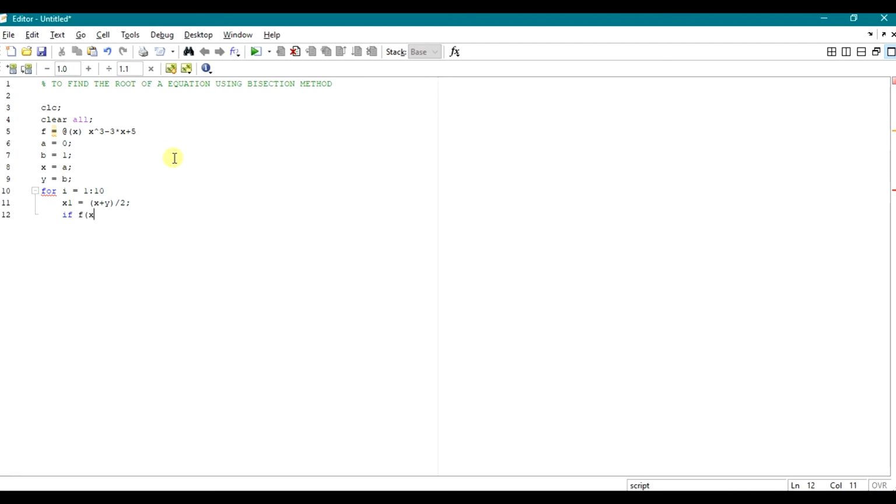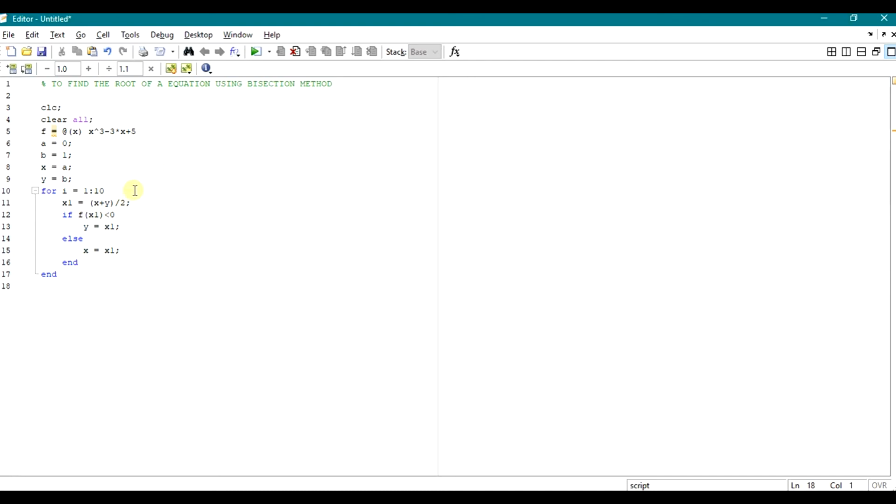if f of x1 is less than 0, then y equals x1 semicolon, else x equals x1 semicolon, and end.